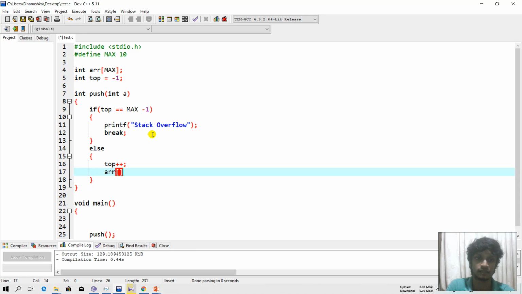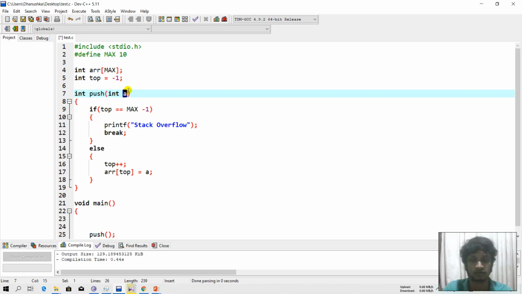And our array is arr top and our parameter value. So if I put my parameter value like this, it will be pointed to my function. So this a could be any kind of integer, whatever that integer will be assigned to this place also.